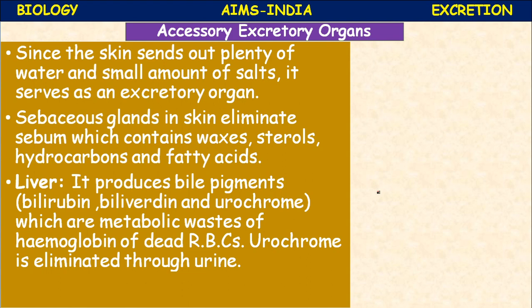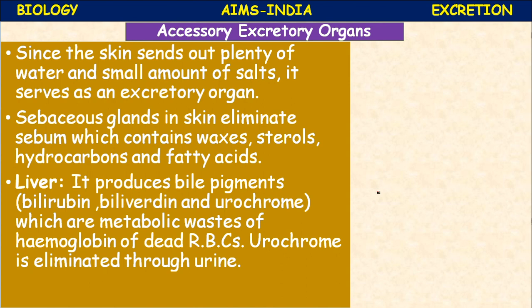Okay, people in cold regions or cold countries get very little or even no sweat. What changes occur in their skin and in other excretory organs? Identify. The people who are living in the cold countries get very little or no sweat. What changes occur in their skin and in other excretory organs? Okay, you refer and find the answer.